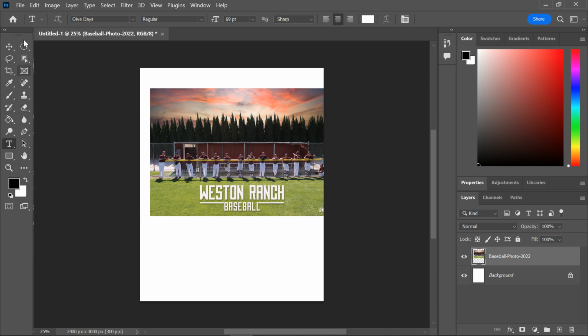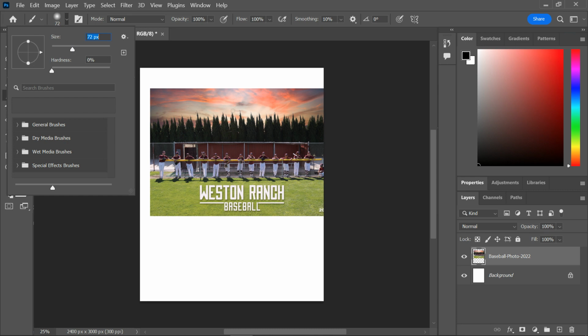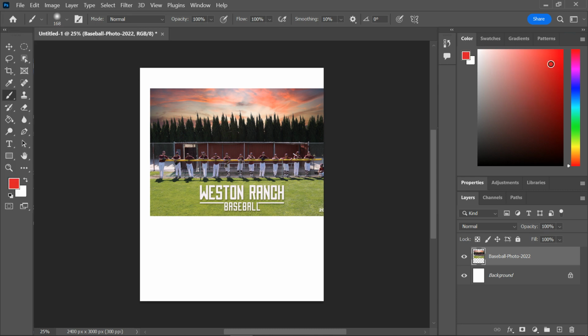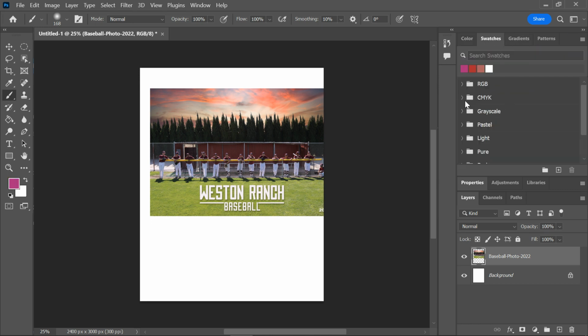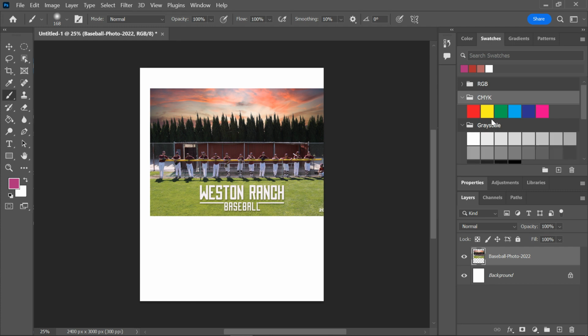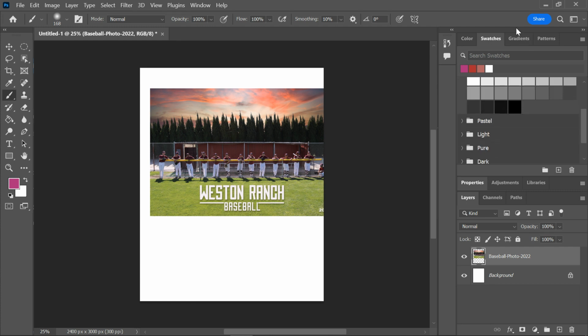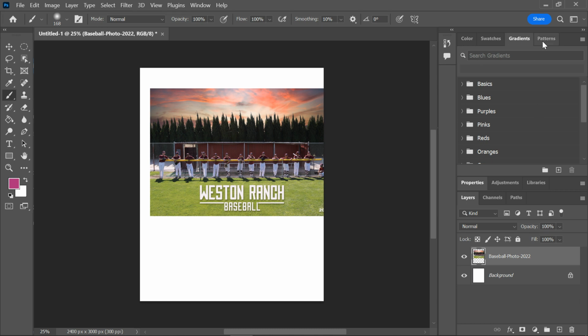And that's our toolbar. On this side of the panels, we have color for when we are going to paint in. So I clicked on the paintbrush. I can adjust the size of the brush and then select the color from over here. There are also default swatches. So maybe I want to work just in CMYK or grayscale, and I want to use the same colors consistently. We've got gradients and